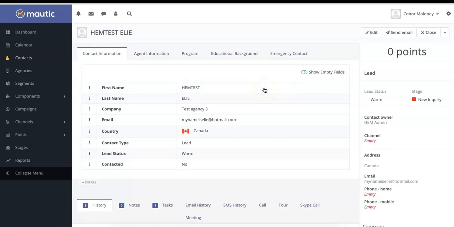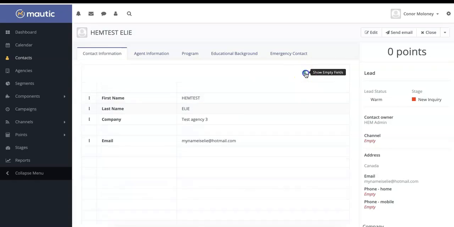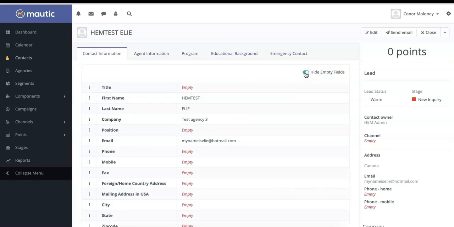If you want to add new information, toggle the Show Empty Fields button. Then, find the appropriate field, double-click it, and add your information. This inline editing feature is great for when you want to make a few small changes, but if you have